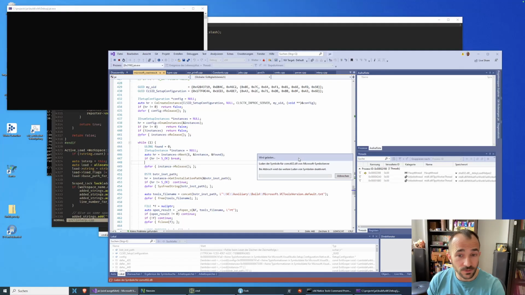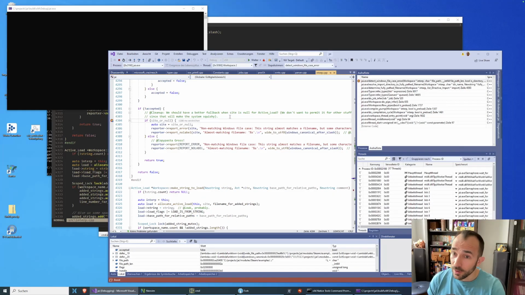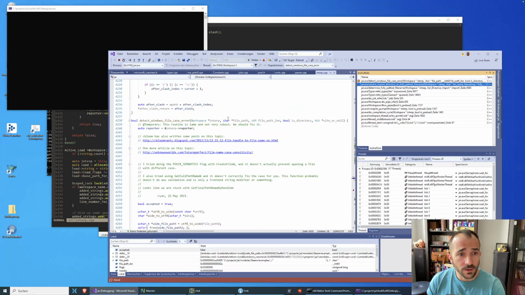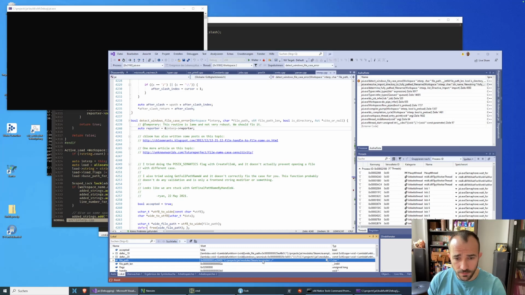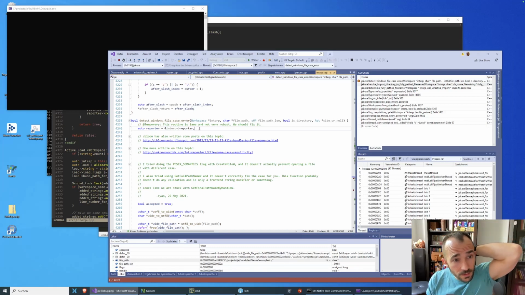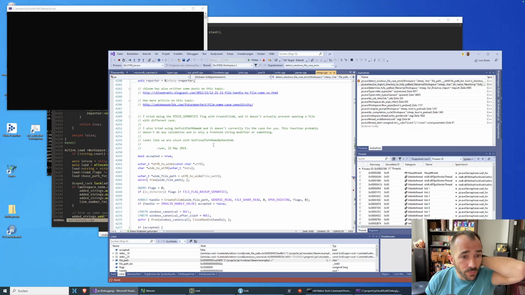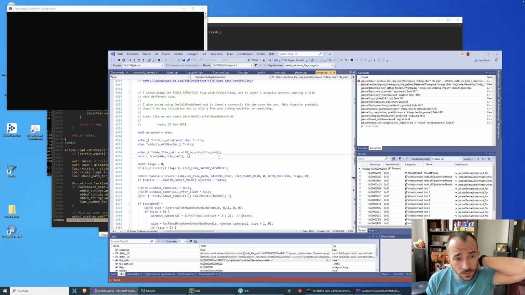I totally wanted you to load symbols right now when I press continue. This is perfect. There we are. Wow, that only took ages. Okay, we have the error. So this is because it fails up here because we're doing what? We have a file path of Steam examples, and we are doing what?